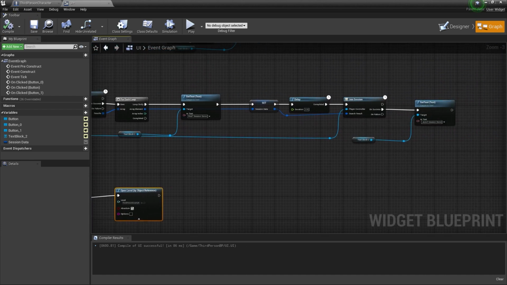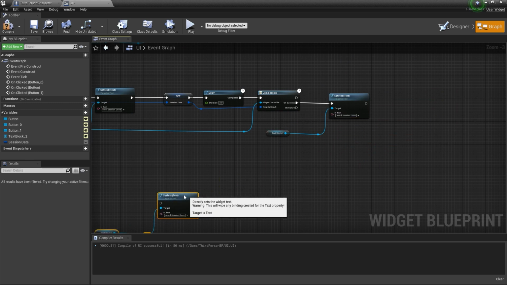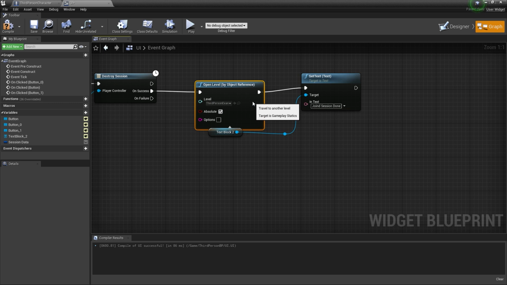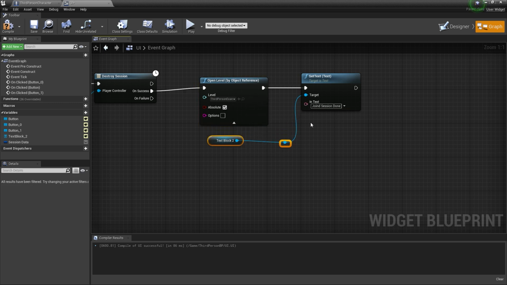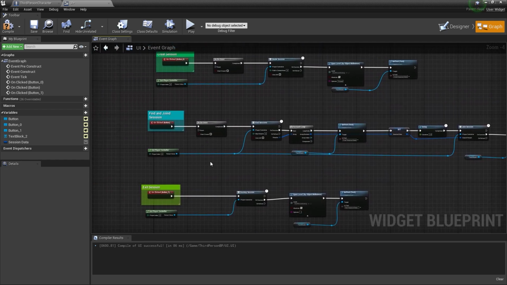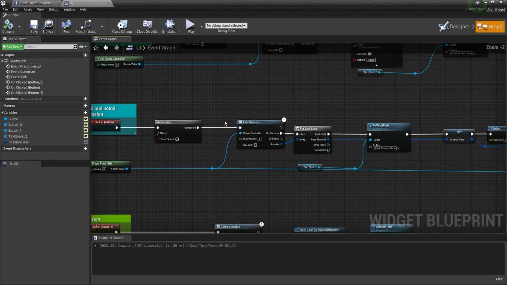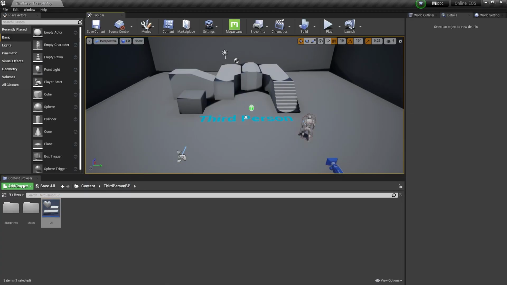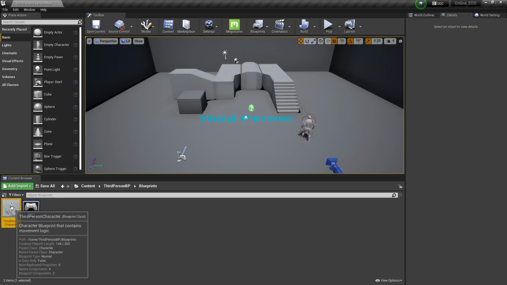Okay, so if we successfully come back to the lobby, whatever our map is now, it will print that exit session done. Okay, exit session done. Okay guys, our whole system is ready. Now compile and save. As you can see, this is the easiest way to create an Unreal Engine online game.